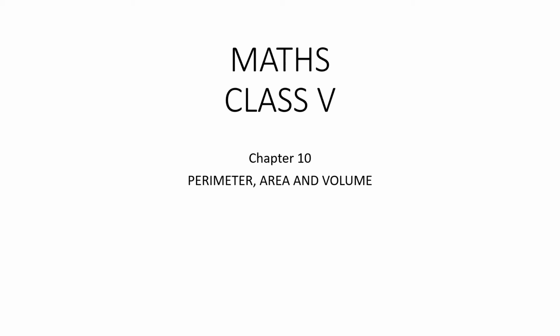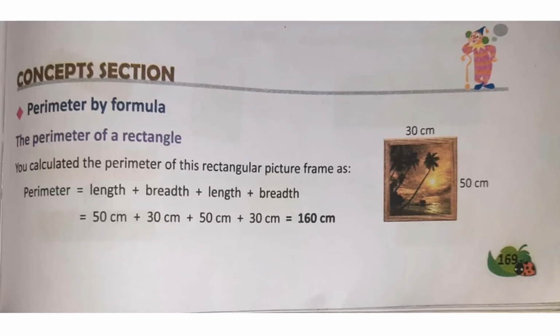In this video, we are going to learn what is perimeter, area and volume, and we are going to solve some questions based on this. Now here in this one, we are going to learn the perimeter of a rectangle figure. The formula was sum of all sides. Means whatever sides were there in the object, we were adding them and we were finding the perimeter. Perimeter means the length of a boundary of an object. The outside length of an object or the boundary of an object is called a perimeter.